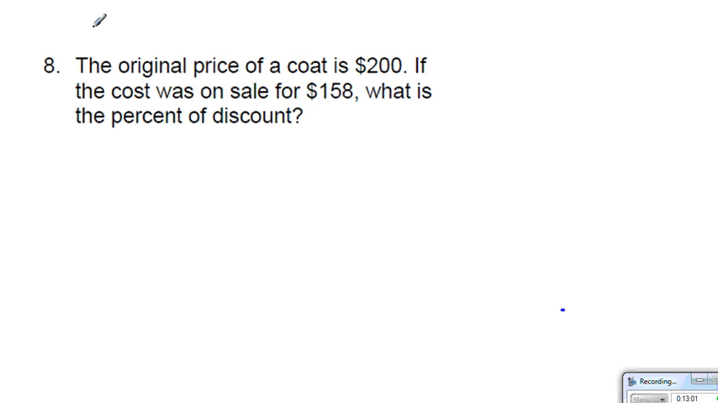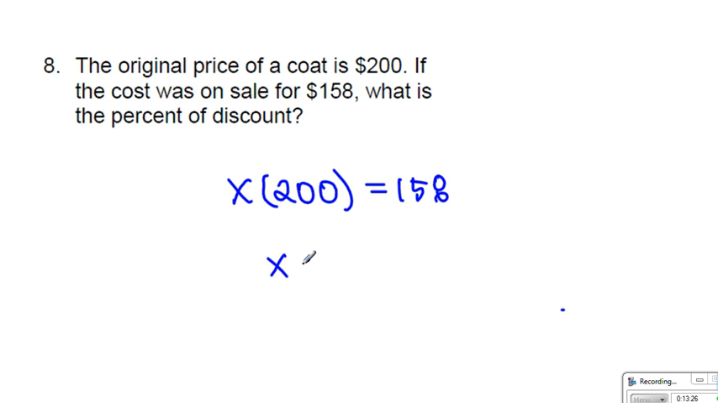so here let us look at number 8. The original price of a coat is $200, and then it was on sale. So let's look at the discount. We don't know what the discount is, so let's call that X. Now, originally it was $200, but the result was 158. What does that mean? It means X must be equal to